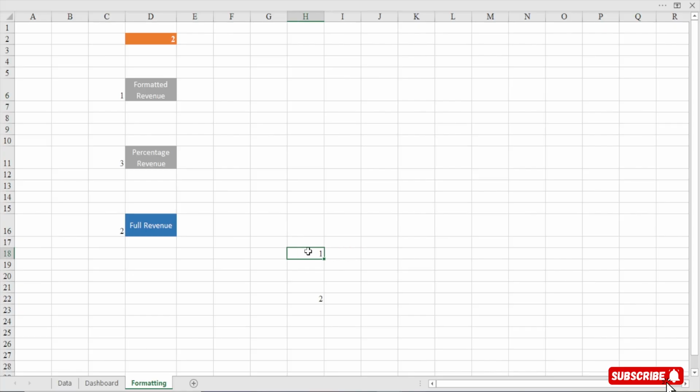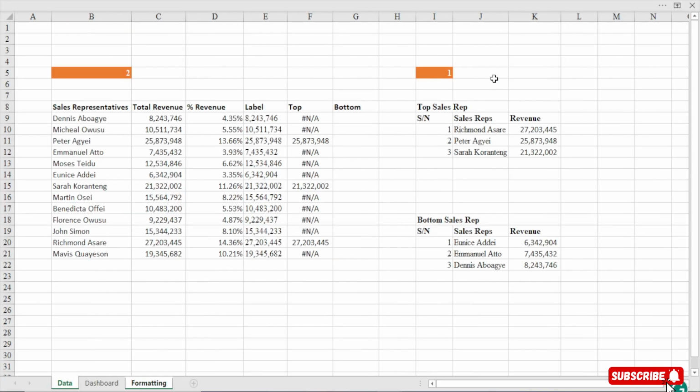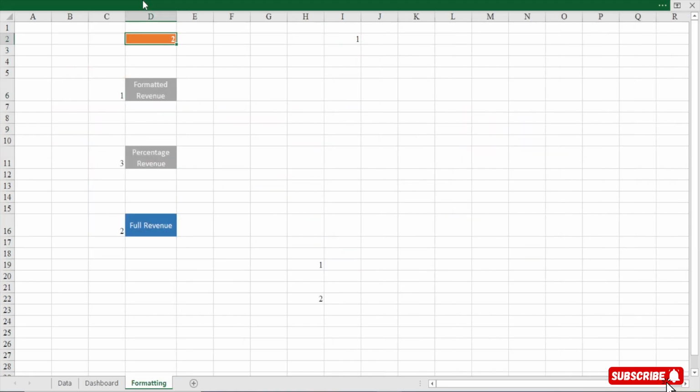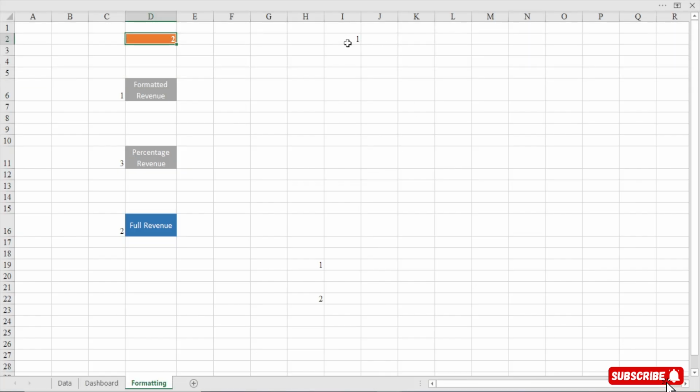Let me bring this one down. All right. Perfect. Before that, let's also link equal to link the top and then the bottom option button like this. Right, perfect. Now I'm going to copy the format.